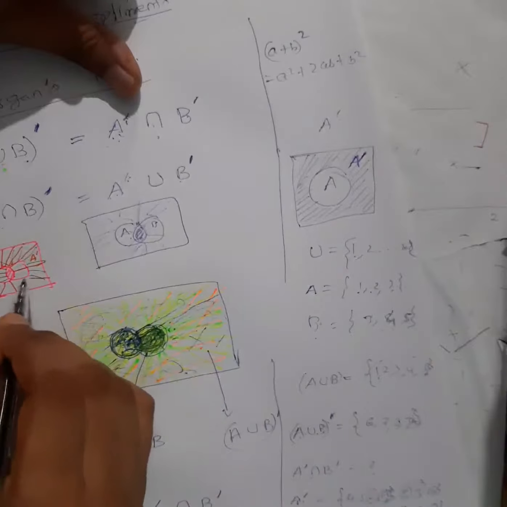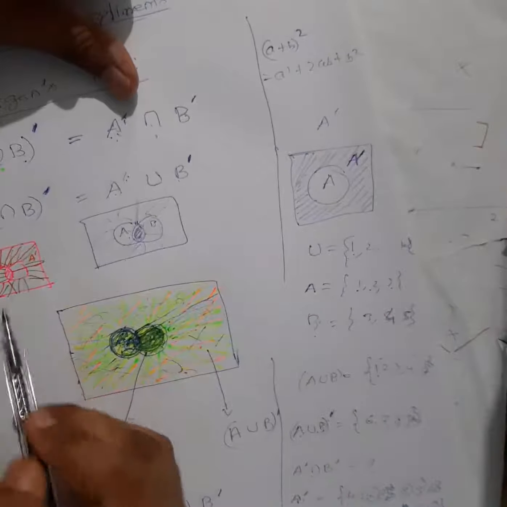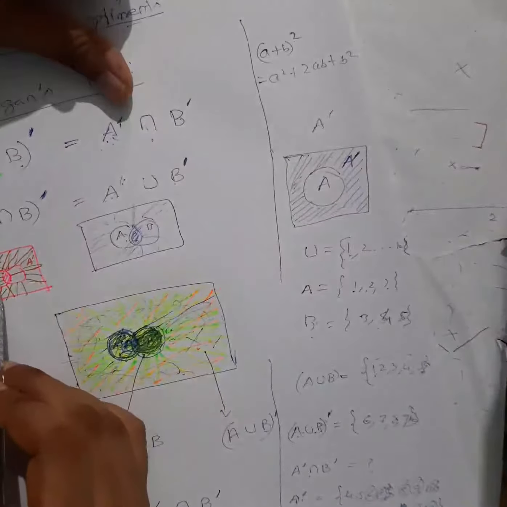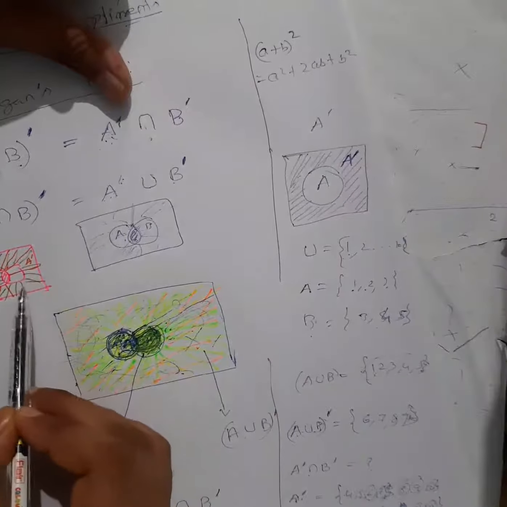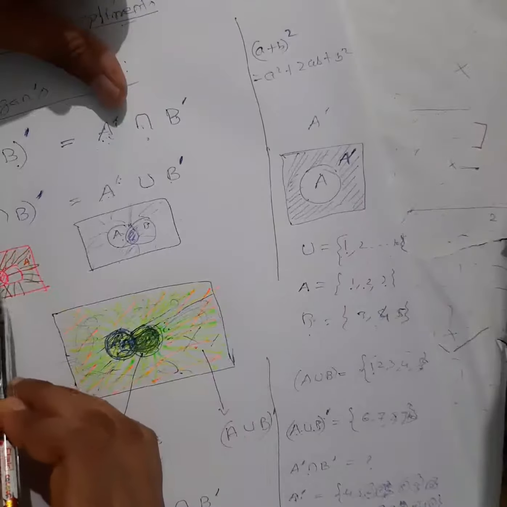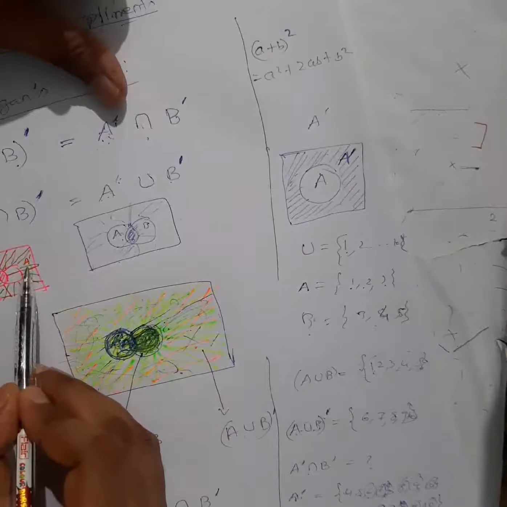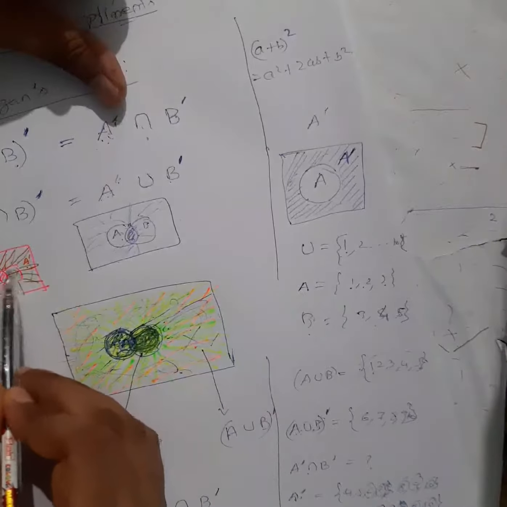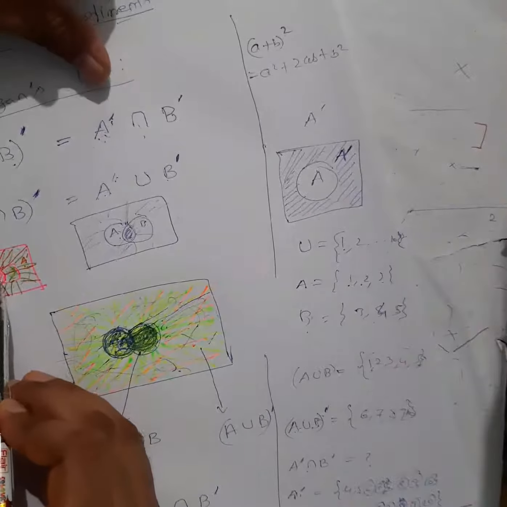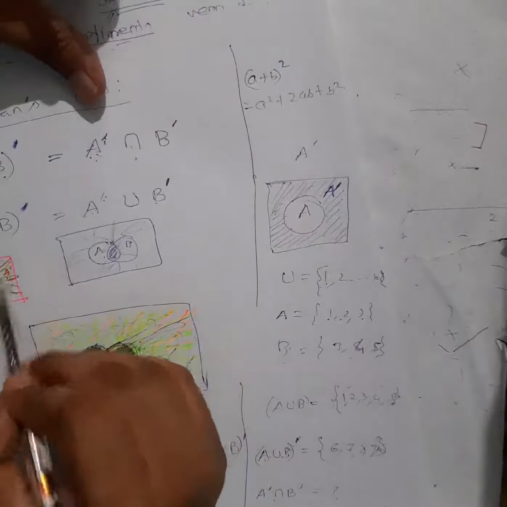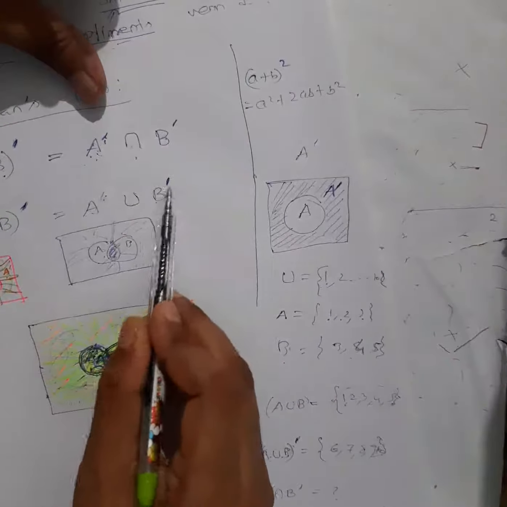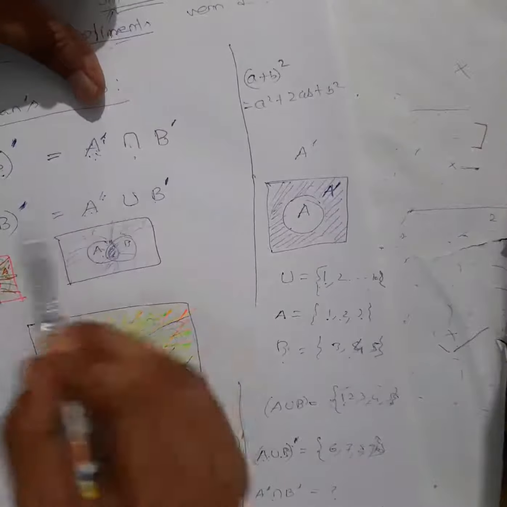So you can see this green color is your B complement. Now A complement union B complement will be which one? Union means all elements, right? So green, orange, everything. This is your green portion, this is also your green portion, so it will also be included because of union. A complement, this portion also, so everything will come here in the union except this portion. So you can see A intersection B is this one, complement will be this whole portion, right? So A complement union B complement also gives you the same thing. Okay, so both are the same.